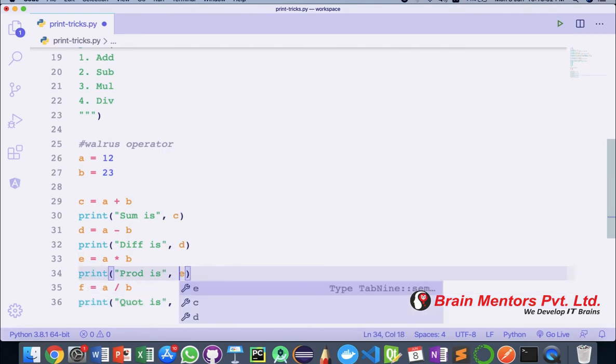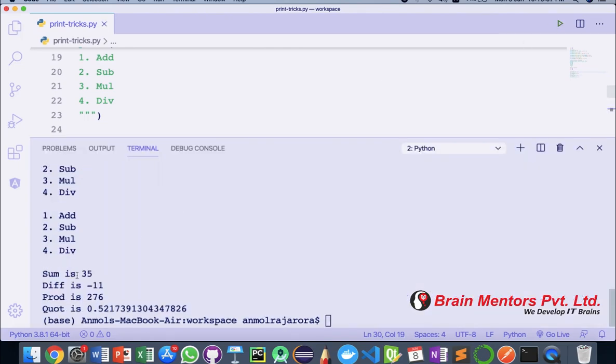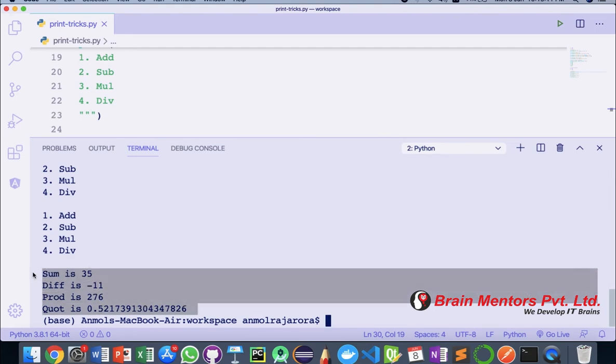Okay, let's see what the answer comes out to be. Let's run this from here, and you can see something like this comes out. Sum is 35, difference, product, and quotient after division.